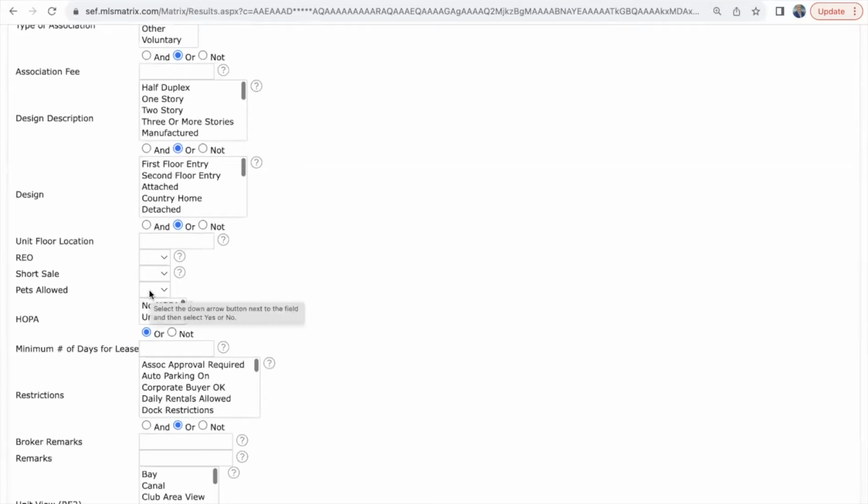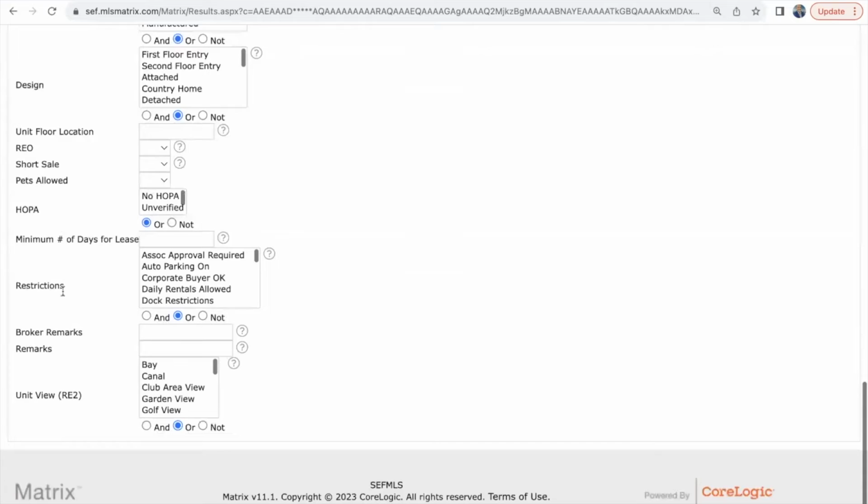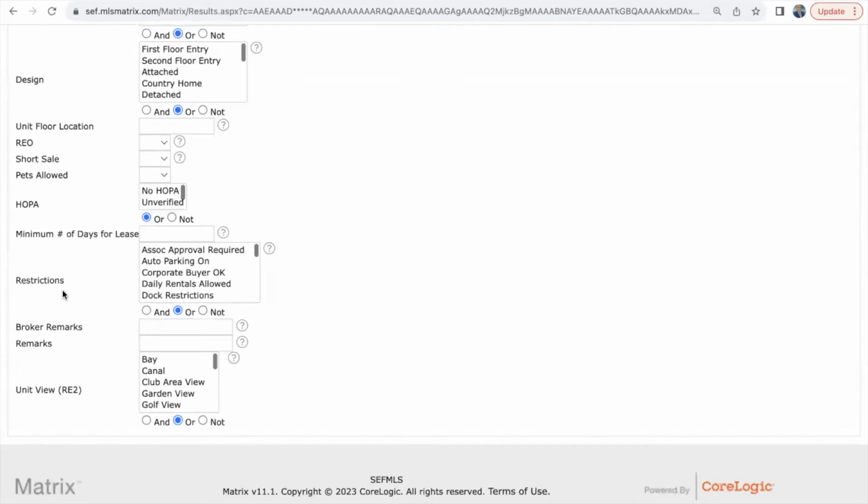So it's very important that when we're looking for condos, that we're able to select whether pets are allowed or not. And that's the field called pets allowed. And then also when you are searching for condos, there's one that I'd like for you to add called unit view. Unit view allows you to say, all right, we want direct ocean views or intercoastal view, or just simple water views.